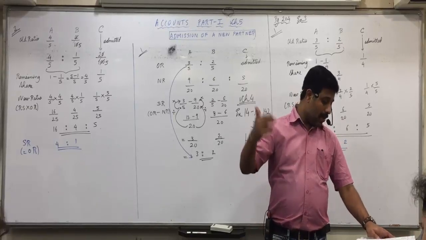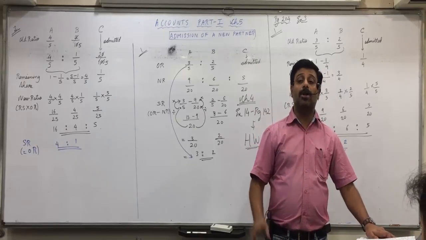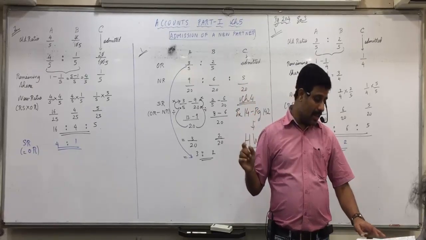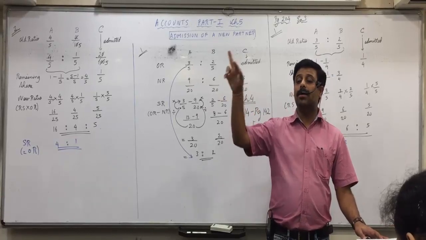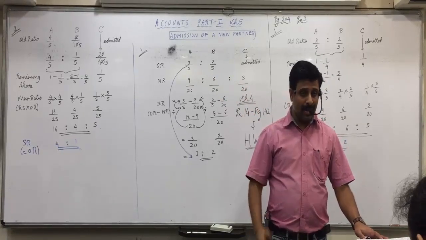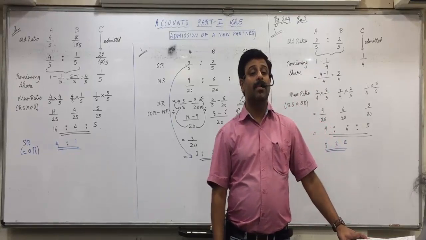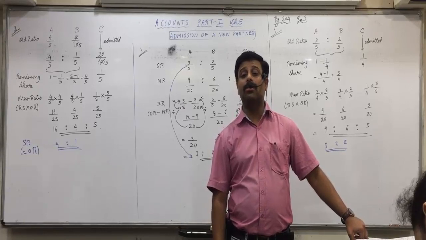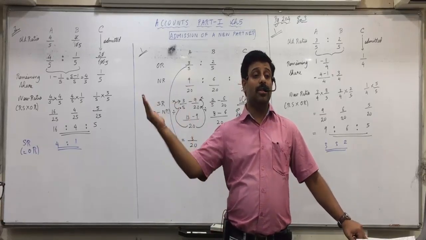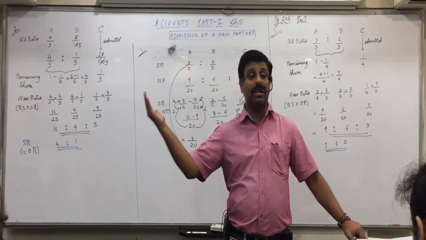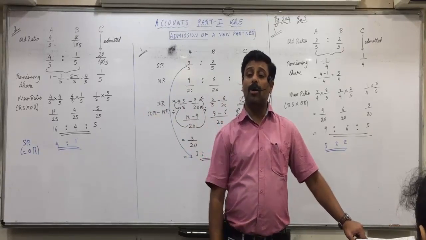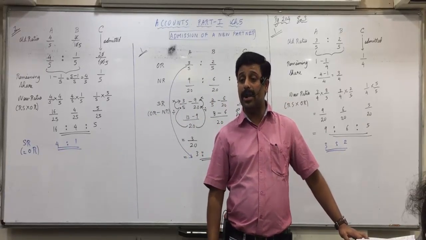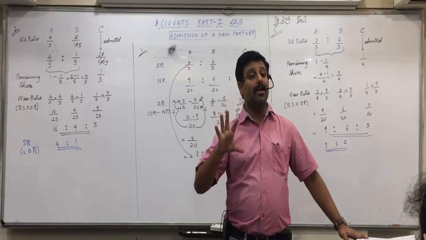Reserves and workmen's compensation fund will come on the credit side in the old ratio, and workmen only 18,000. The profit and loss account will come on the debit side in the old ratio. Okay. And now the revaluation. Revaluation on the credit side we find by partners capital. So where will that come in partners capital account? Debit side, opposite to the revaluation account: 18,000, 13,500 and 9,000. Understood that? So this is how you make the partners capital account.